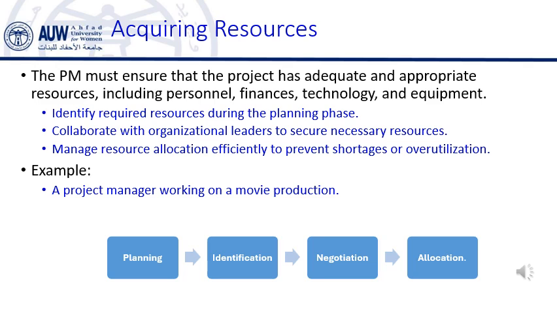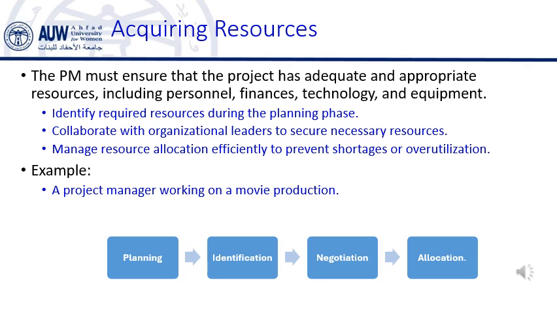This step ties into what we've discussed in earlier lessons about planning and project scope. The clearer the scope and objectives of the project are, the easier it is to identify the right resources. The PM must also consider the time required to get these resources and when they will be needed during the project timeline. Securing resources. Once the needs are identified, the next task is securing those resources.